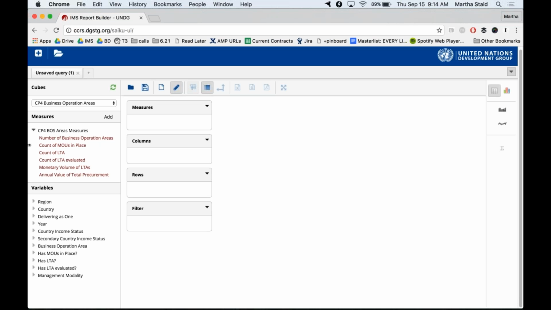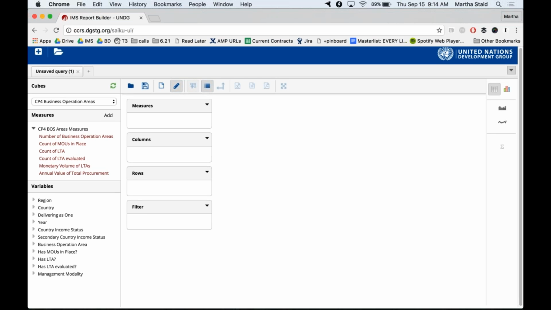And you can see here there are several different ways that the data collected in this particular section is countable, quantifiable. So number of business operations areas, count of long-term agreement, annual value of total procurement, all quantifiable.